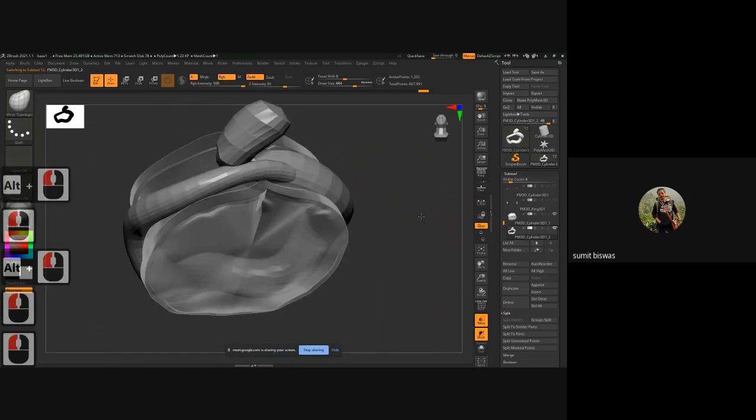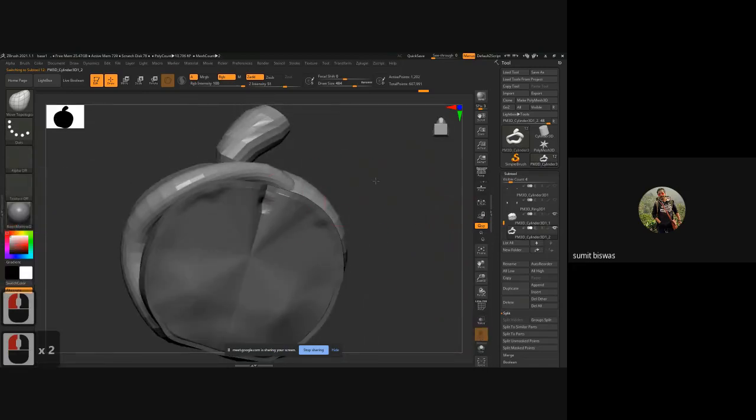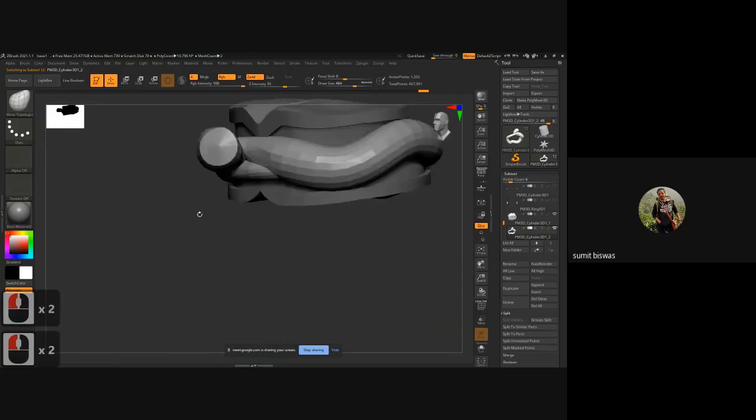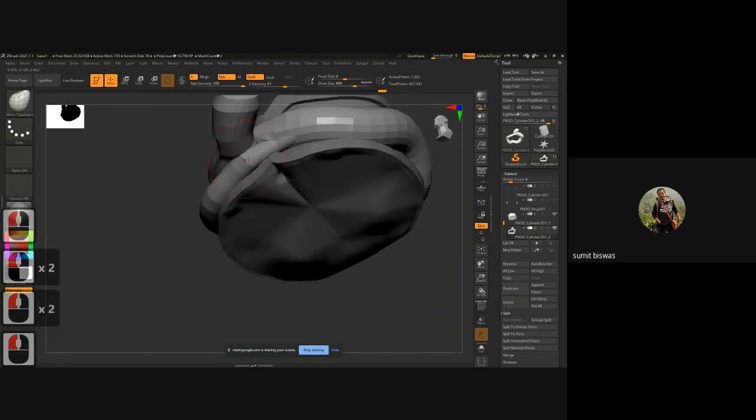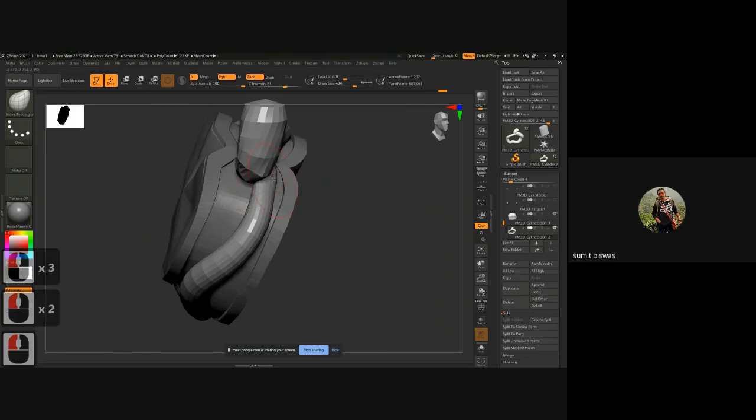I'll switch to solo. Oh, transparent. It won't work with this. So what I'll do is push this tail, its part, inside, so that it looks like it's going inside.